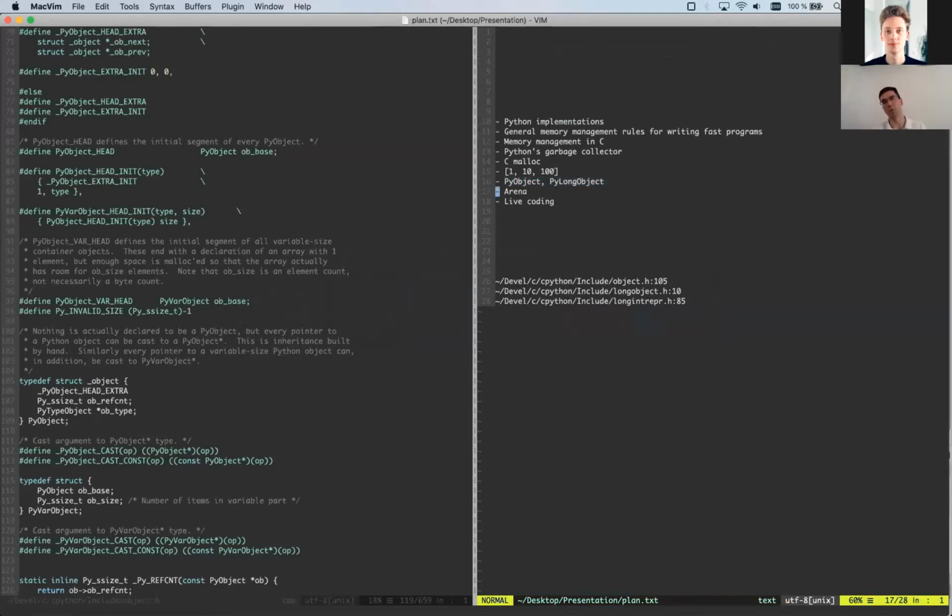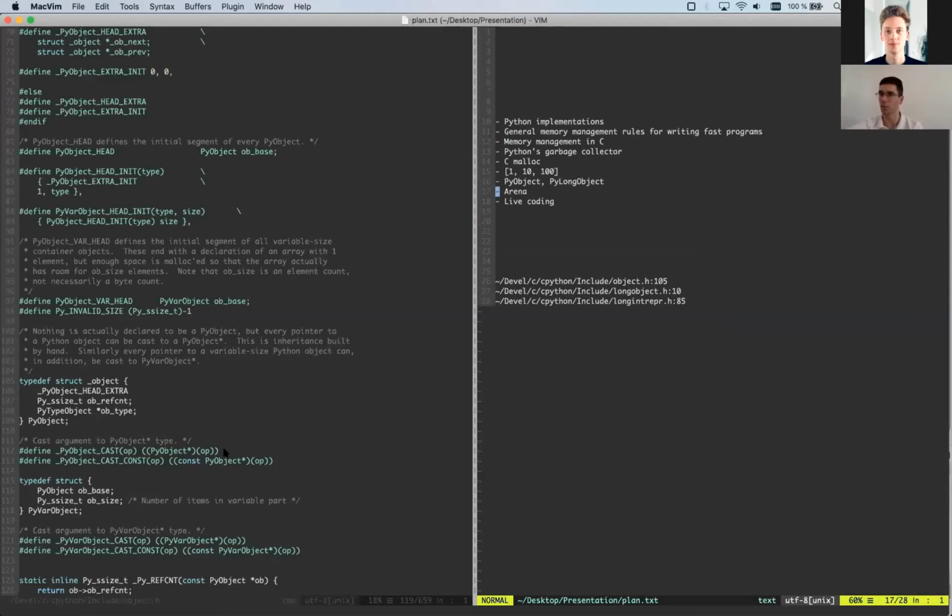Python arenas. So I said a lot of bad things about Python memory management, but it isn't as bad as I said, because Python tries to do clever things to reduce that. One of them is the concept of arenas. It's a memory pool. At the beginning, the Python interpreter is going to ask the operating system to give some chunks of memory, like memory pools, and all small objects are going to be created in those pools.